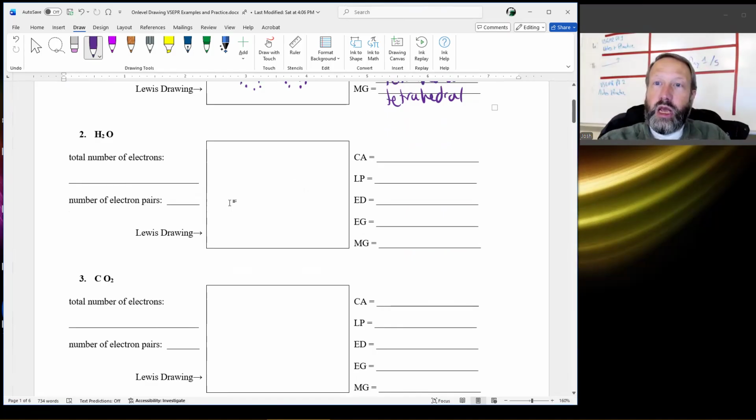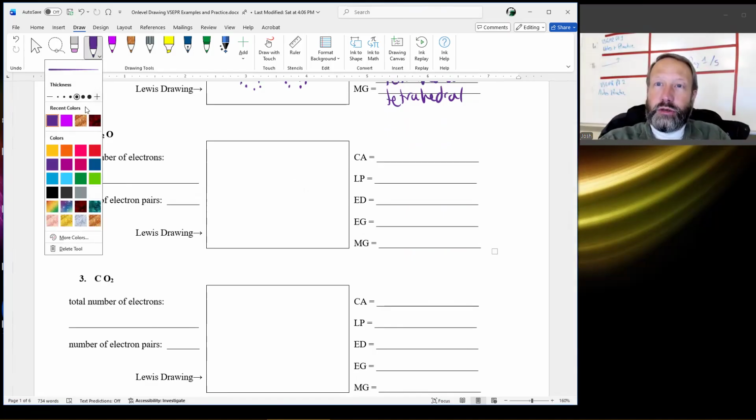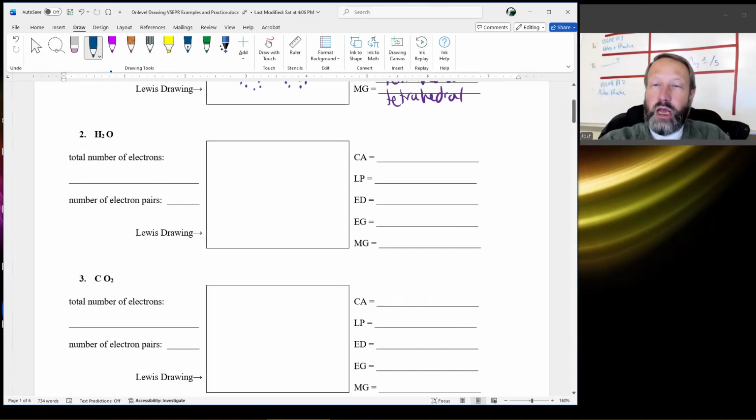Okay, I'm going to pick a new color. Let's go blue. Blue sounds fun. Okay. So H2O, each hydrogen is 1 because they're in group 1A, right? 1 valence electron. Oxygen is in group 6A or 16. It has 6 valence electrons. That's 8. Pair them up, 4. These steps are always the same. I always want pairs. Now, hydrogen can never be in the middle, so it's got to be the oxygen. And I'm going to stick a hydrogen there, and I'm going to stick a hydrogen there